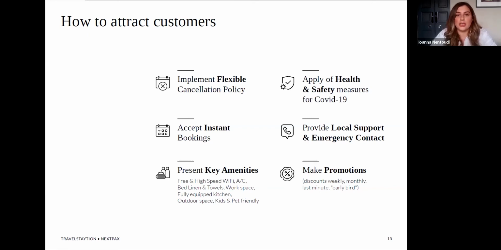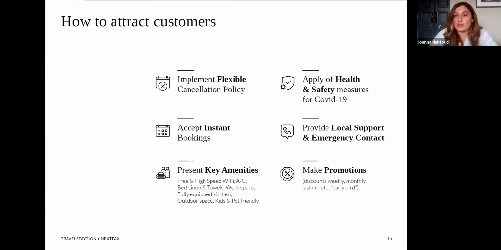For example, as mentioned again, implement the flexible cancellation policy, having instant bookable properties that can provide the security to the guests that they have a confirmation of their booking, present properties with the key amenities like the free and high-speed Wi-Fi, the air conditioning, an outdoor space, and having kids and pet-friendly properties.